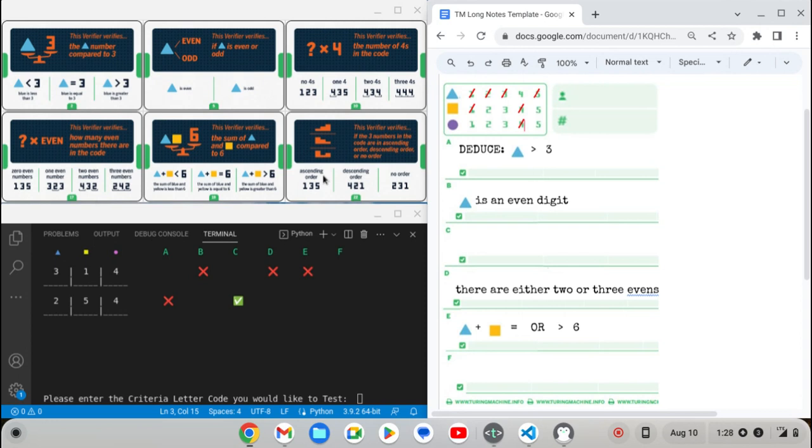So yeah, well, the sum would do it, but what about the order? Well, okay, can't be ascending, can it be descending? With 2 evens, it could either be 4, 2, 1 or 4, 3, 2. So yeah, it does seem like we're gonna have to